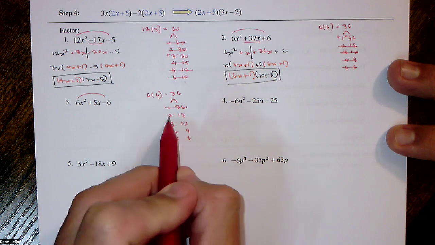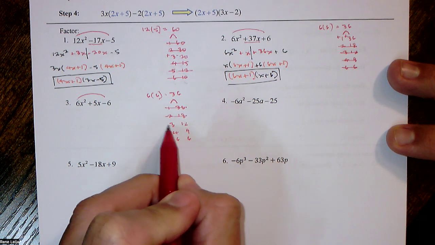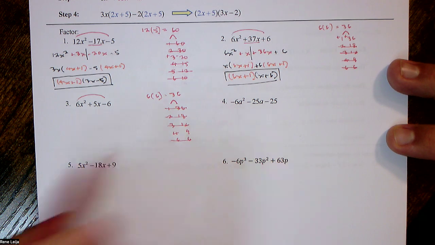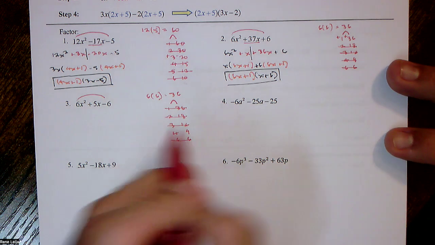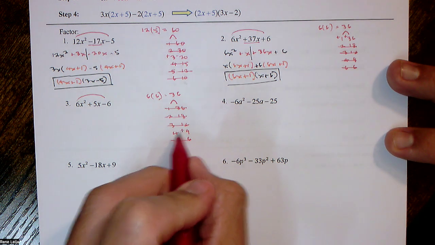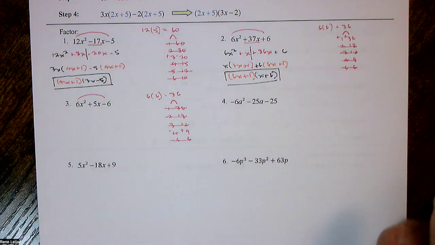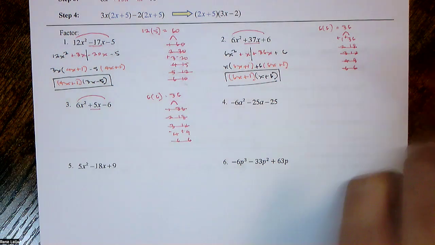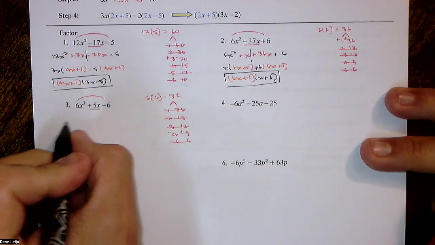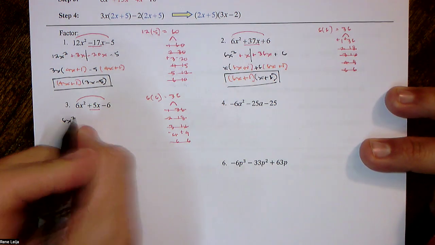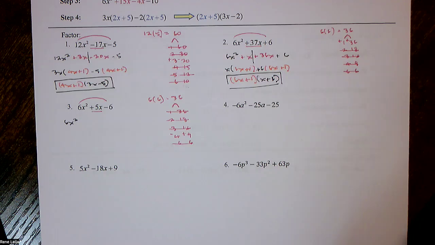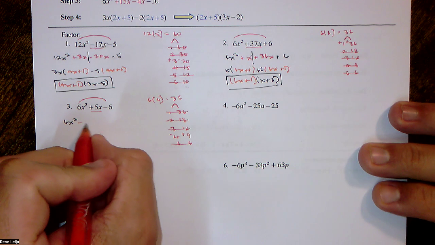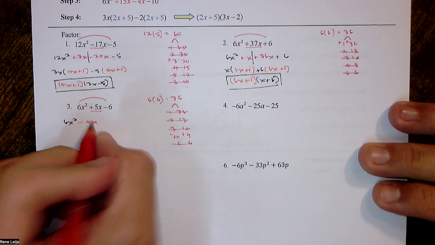If I subtract these, I get a 16. If I subtract this, I get a 9. If I subtract the bottom ones, I get a 0. This is where I get a 5. And so I get a 5 if the 9 is positive and the 4 is negative. Remember, this rewrites our 5x. So we're going to have 6x squared. You want to be careful. Minus 4x